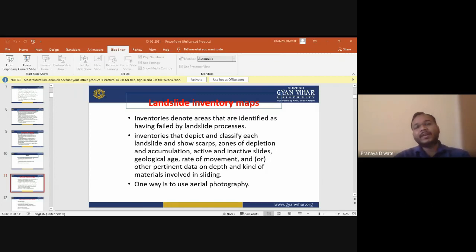Then you make a landslide hazard map. That is our main target. A hazard map shows the areal extent of the threatening process, where landslide processes have occurred in the past, recent occurrences, and, most important, the likelihood in various areas that a landslide will occur in the future. So a hazard map shows the extent of the threatening process, how much possible chance there is of having a landslide in that particular area.